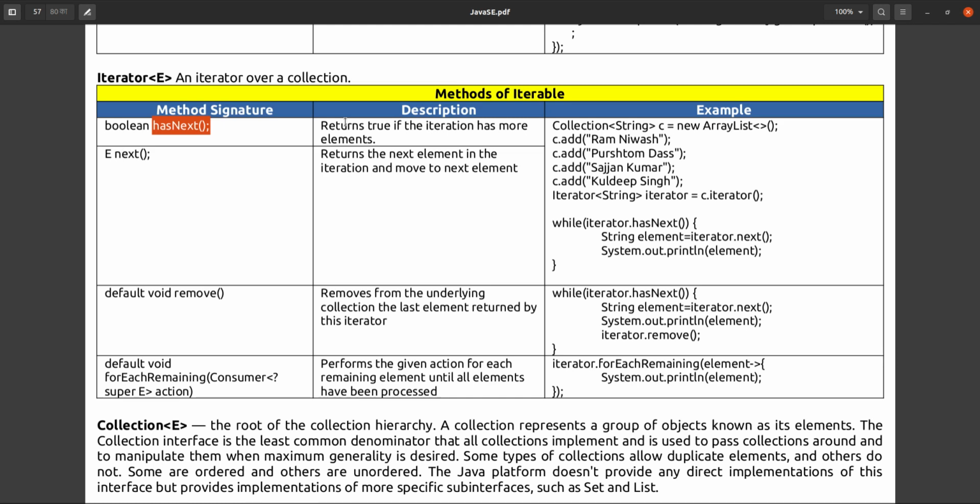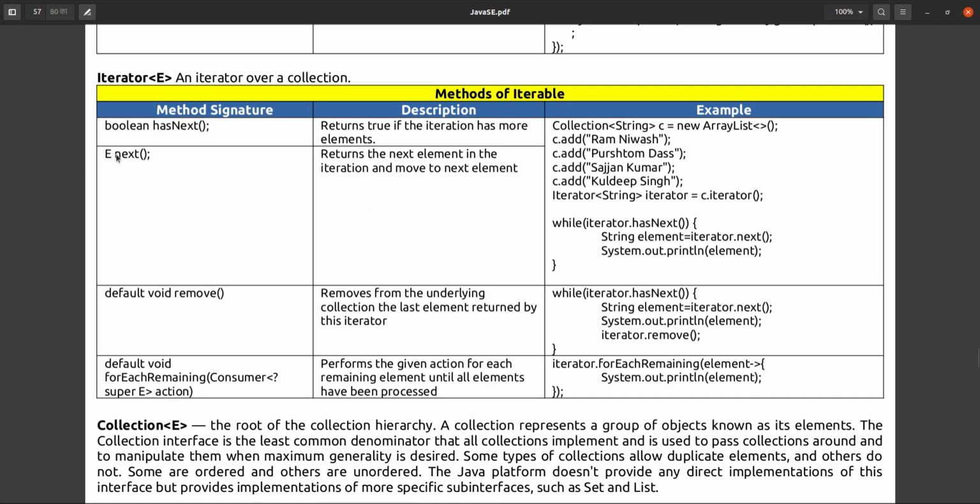Suppose an iterator is nothing but an object over a collection of some elements, and it will iterate all the objects. The iterator's hasNext method will return true if the iterator has more elements, otherwise it will return false.